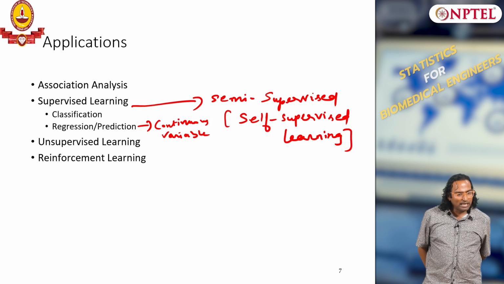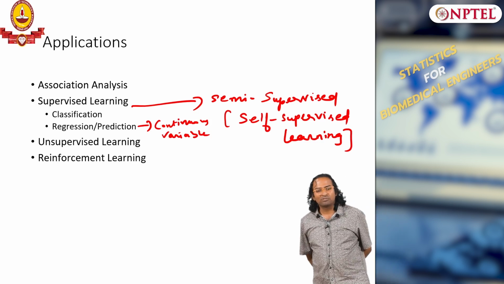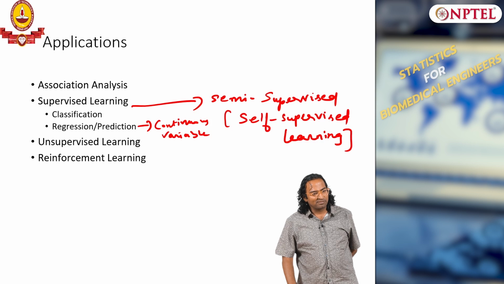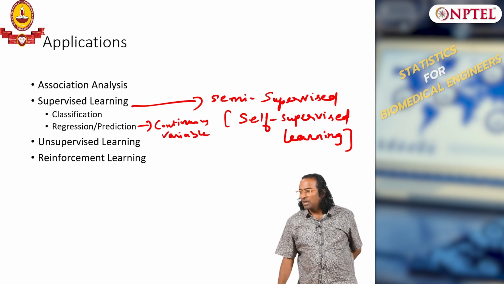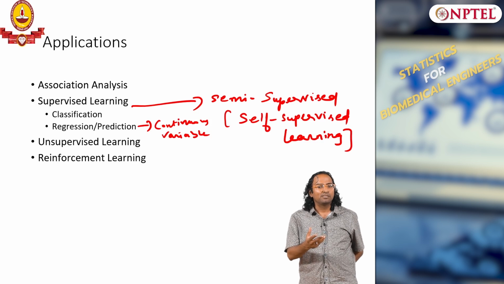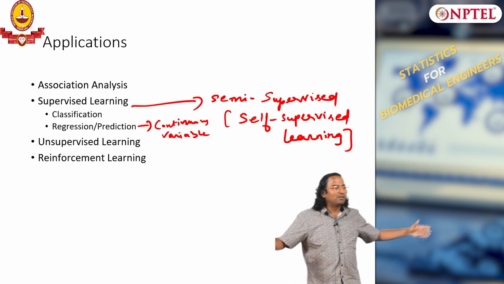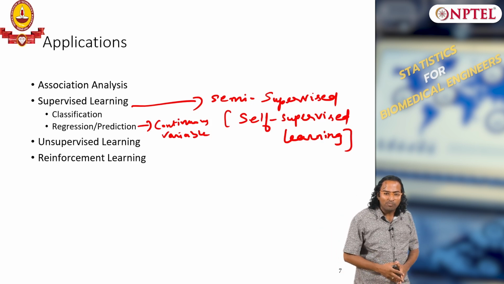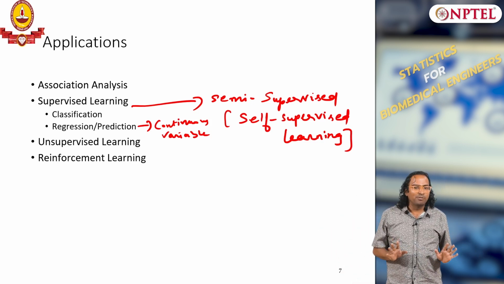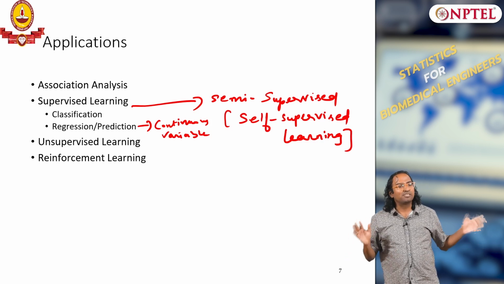So today this is where the entire machine learning algorithms are moving towards. Supervised learning is a thing of the past. Why? Because I won't get labels from experts. Subject matter experts are difficult to catch, and if you ask them to label tens of thousands of data, they are not going to provide you labels. Doctors are not going to label for you. It is not going to happen if you ask them tens of thousands.